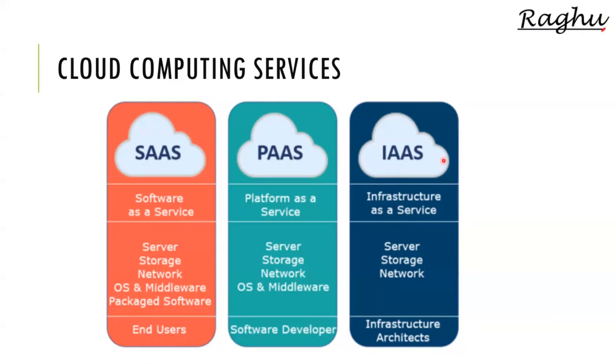Listen, the first category, IaaS, is actually for administrators, the second category is for developers, and the third category is for end users. Let me show some examples. For example, we have Gmail. Gmail is an application that is already developed and running in some place, say in Google Cloud. There they have a server configuration, OS installed, and the application running. It's ready to use for the end customer, and that is called SaaS, software as a service.